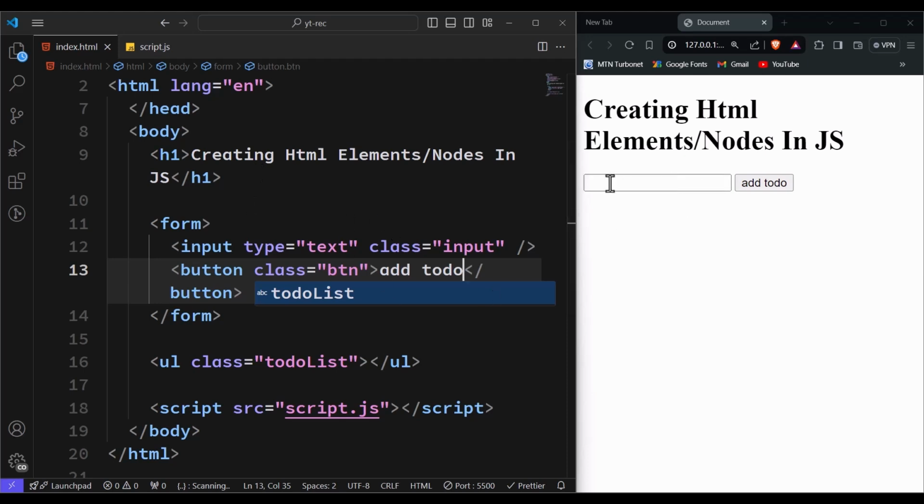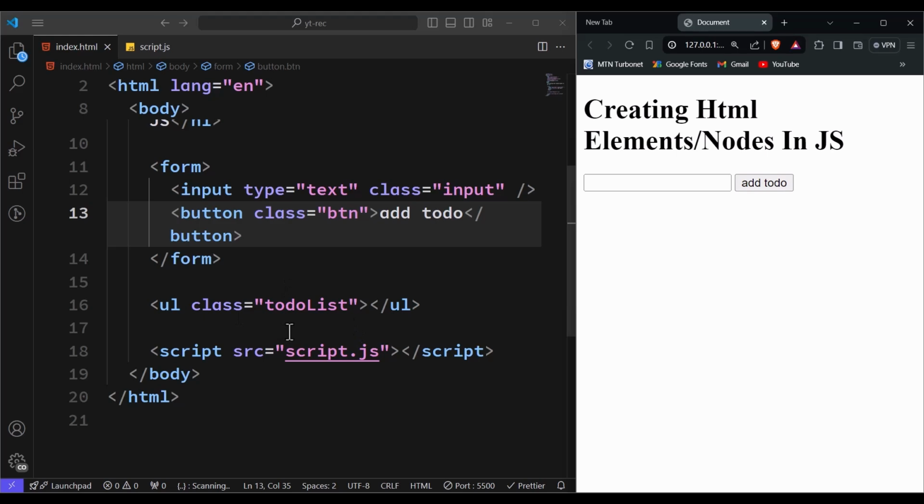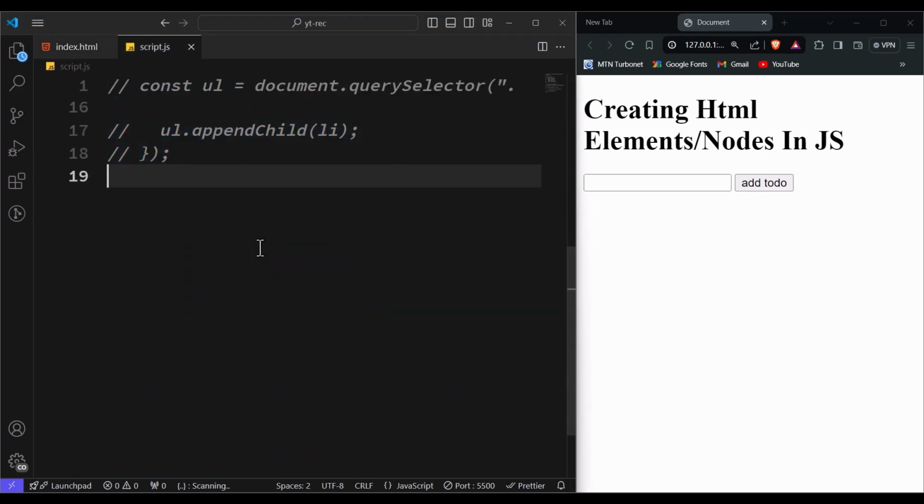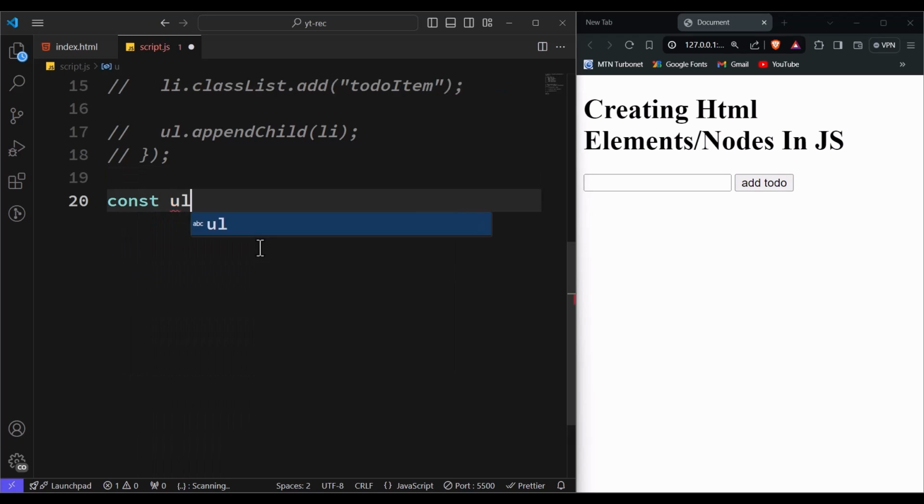So this input element and then the button is here. So I think that's all for the HTML syntax. So in my JavaScript file, we've commented all those things out. So I'll go ahead and select my URL again, which is